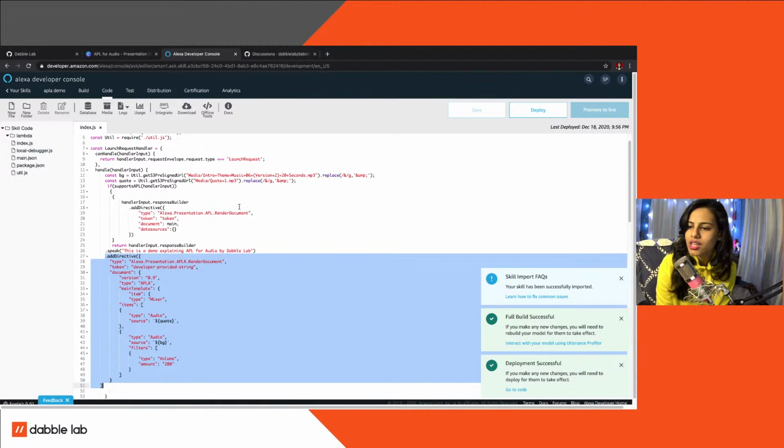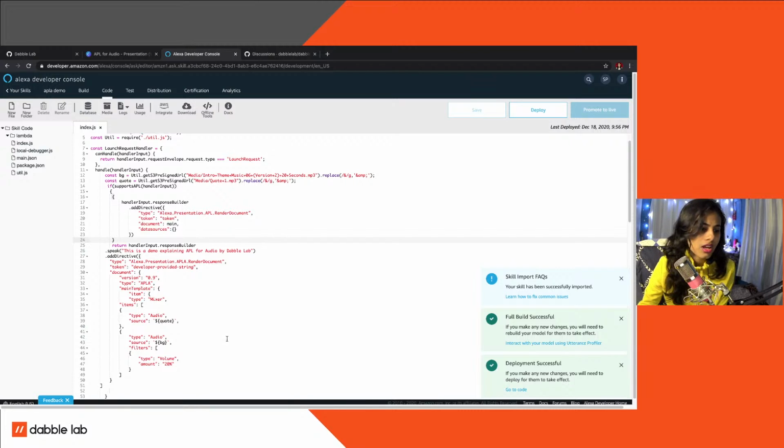So without wasting any more time, I think we are already running 30 minutes today. Yes, so now let's get ahead with the demo. This template has this thing, and this is the directive that I've just added.